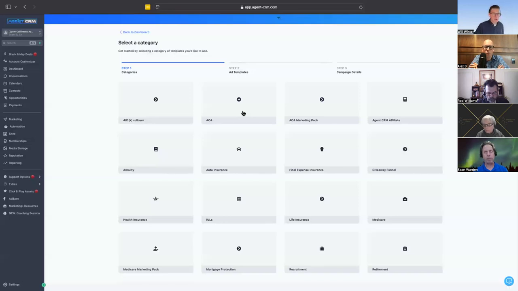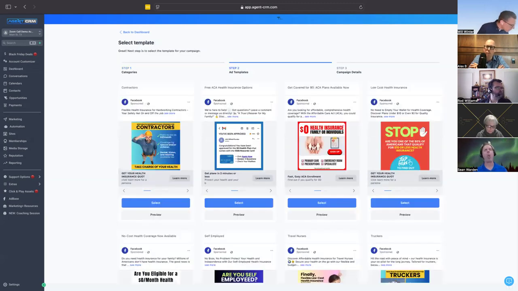But the goal is now, if you are a Marketing Plus user, awesome, because you're going to get help, you're going to get pre-made resources. But one of the main takeaways here is that the first part of connecting with a lead is a strong hook. You want the right bait, whether it's a pain point, a hope, a need, or an aspiration. There's a lot of noise out there on the internet, and capturing someone's attention in a split second, that's what these ads are designed to do. It looks like a lot of ACA people maybe will focus a little bit more on that, but you get the point that these are ads that are tested,